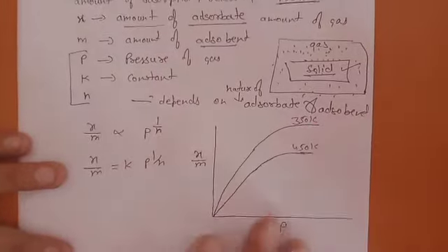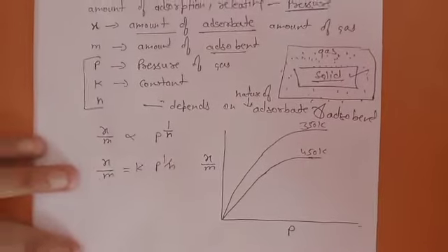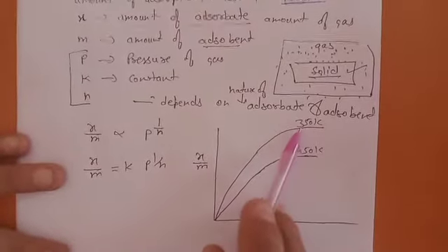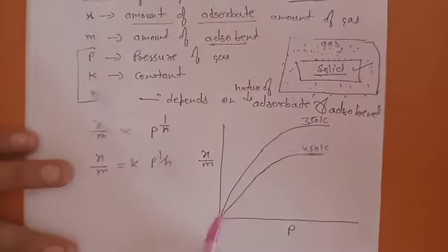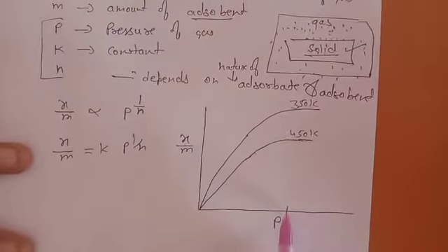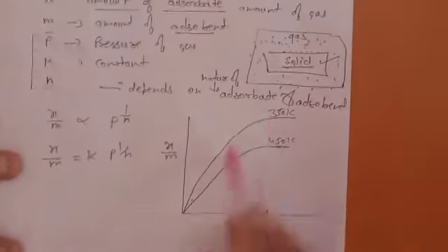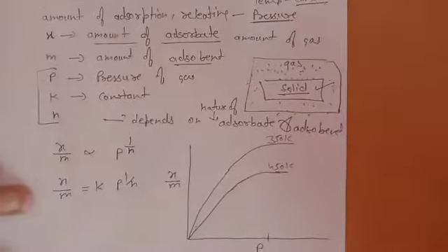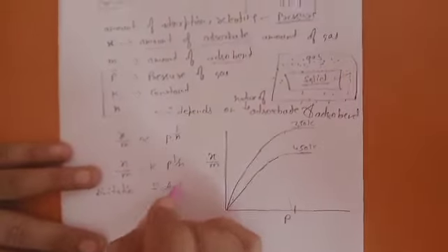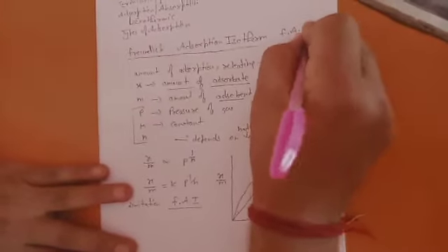Because you know that in case of physisorption, temperature is inversely proportional to adsorption. So the amount of adsorption is greater if the temperature remains less. But you know that the graph follows up to a lower pressure range. Up to here it is moving linearly, but after that it becomes constant. So you can clearly say the limitation particularly of the Freundlich adsorption isotherm.